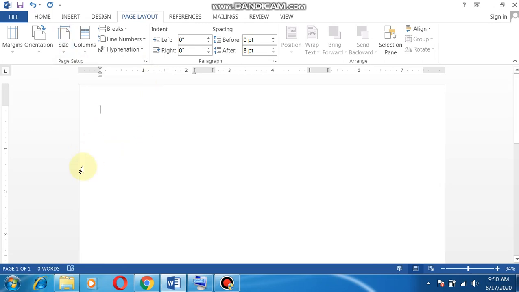Now you can observe that the margins are decreased. Earlier our cursor was appearing here, now it has moved here. So this is the 0.5 margin, and earlier 1 inch margin was given.